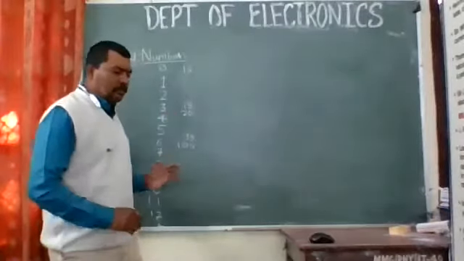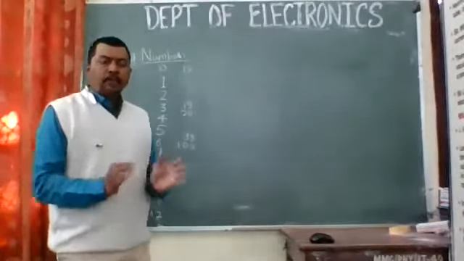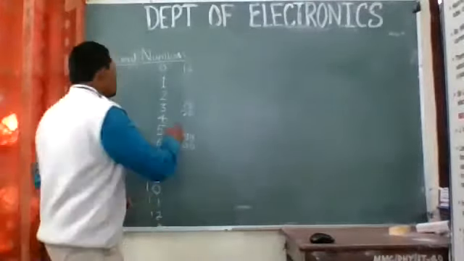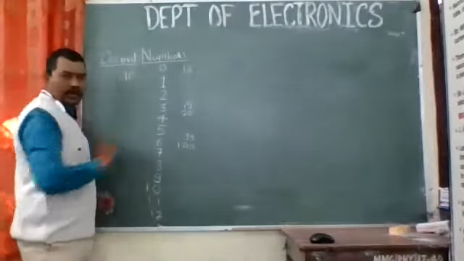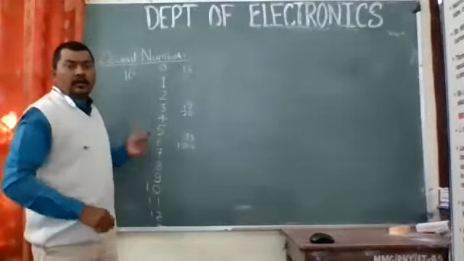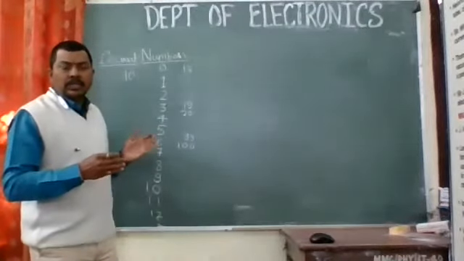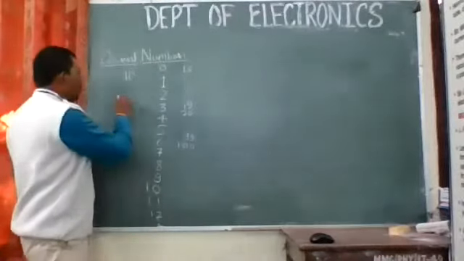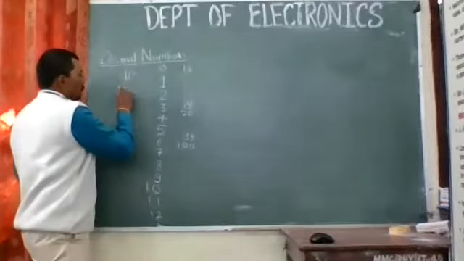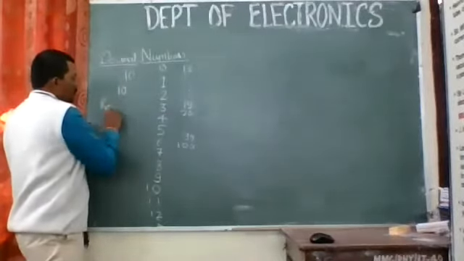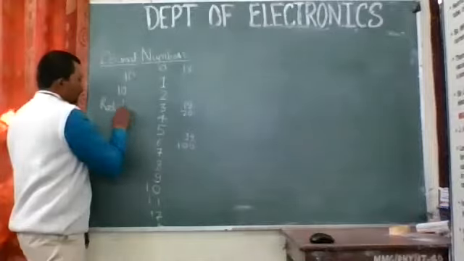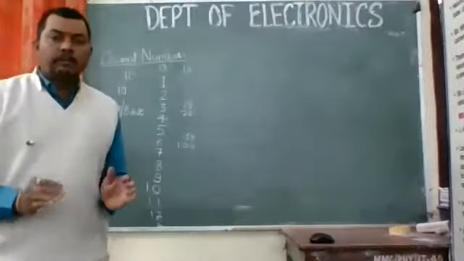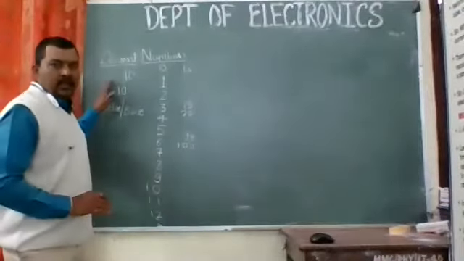So these 10 numbers, these 10 symbols, we will hold on to them and study about the decimal number system. What it implies is this: decimal means 10, right? So 10, and the number system which has the base of 10 is called a decimal number system. Now what is a base? Base, or radix, is the number of symbols that we are supposed to use in a number system. We call it a radix, right?